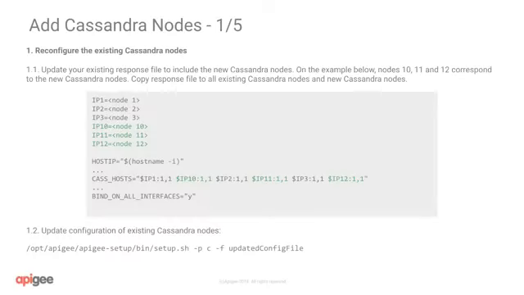Let's look at the process of adding Cassandra nodes in a little more detail. The first step is to reconfigure the existing Cassandra nodes. To do this, we update the response file that we used during our original installation to include the new Cassandra nodes. In the example, we can see that we're adding 3 additional nodes, IP10 through to IP12. Where we come to the Cas host variable, we can see that the new IP information is placed between the original Cassandra hosts IP1 through IP3. To update the existing Cassandra nodes, simply run the Apigee setup utility, specifying c as the profile, which means just install Cassandra, and providing it with the path to the updated configuration file.